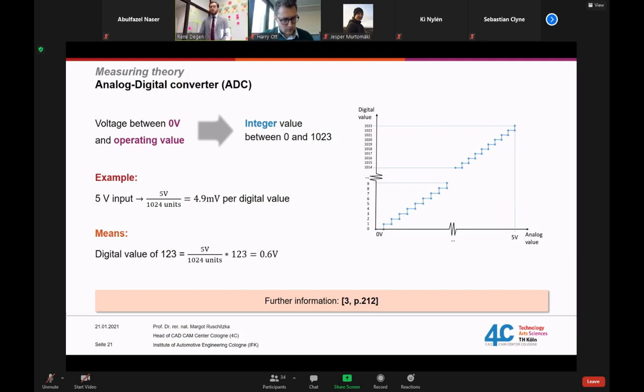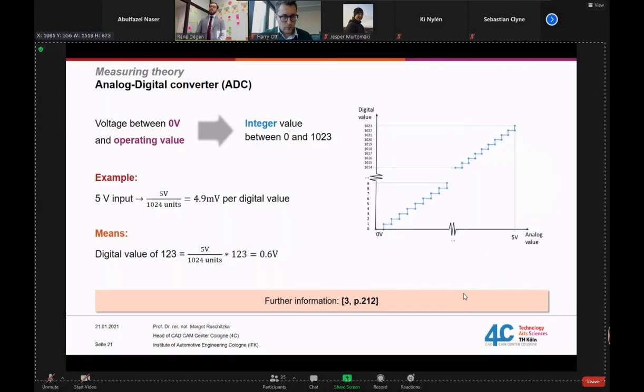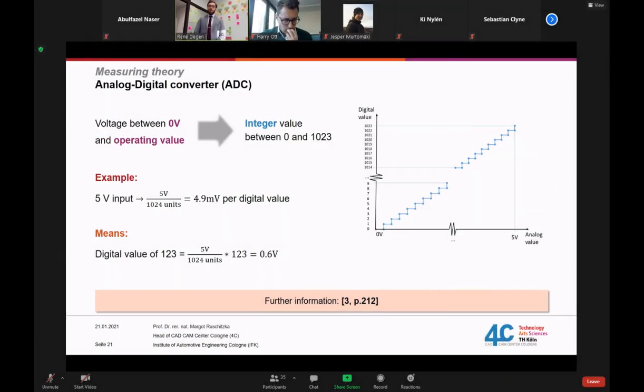In the analog way, on the Arduino, you have specific steps, or digital values. For example, between our 0 voltage and our operating value, we always have 1024 different digital values